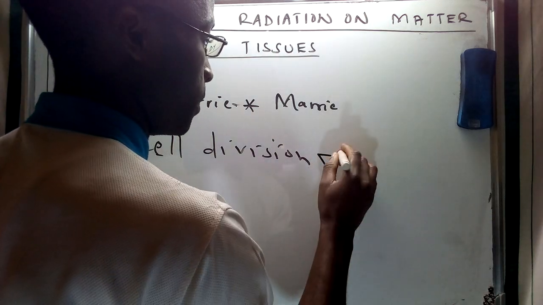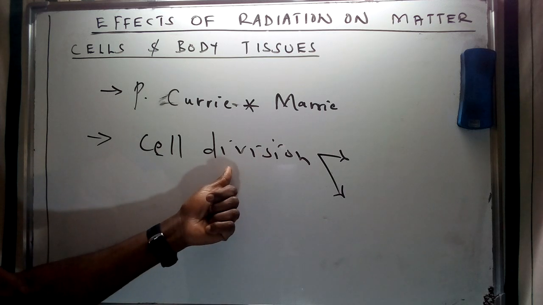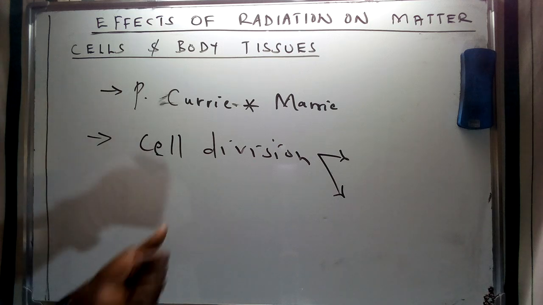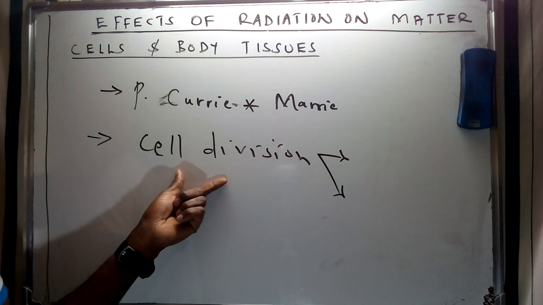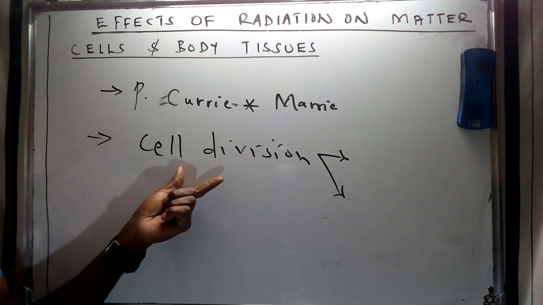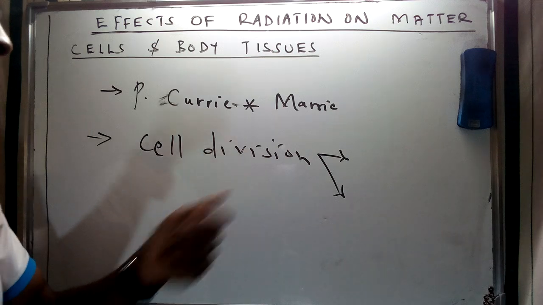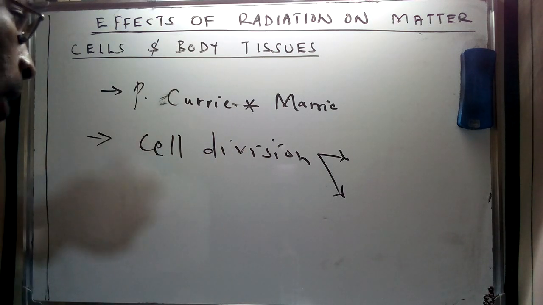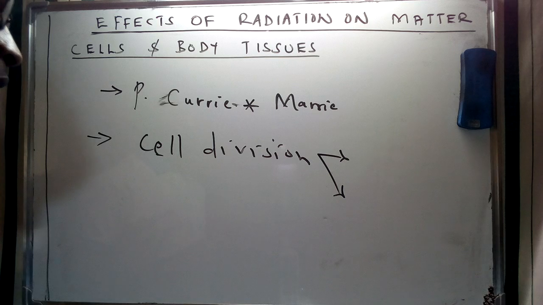There are some cells whose growth or division is going to have a negative effect on the body, and others are going to have a positive effect. Especially in growth, the division of somatic cells and perhaps some gametic cells is going to result in the formation of offspring and in the growth of organisms. But other aspects of cell growth, like cancerous cells, are going to result in a negative effect.